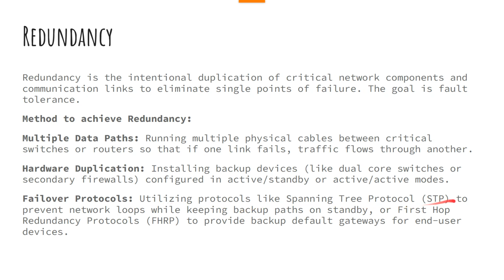Utilizing protocols like spanning tree protocol to prevent network loops while keeping backup paths on standby, or first hop redundancy protocol to provide a backup default gateway for the end user devices. What basically means here is there are certain protocols which are available when, let's say for example, on a router